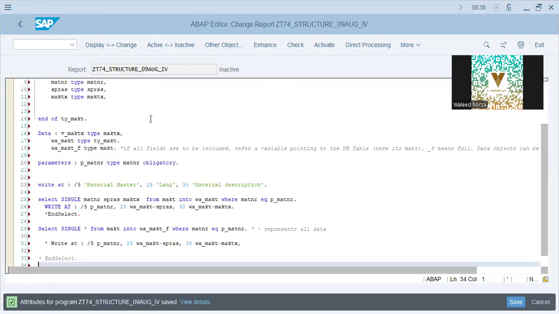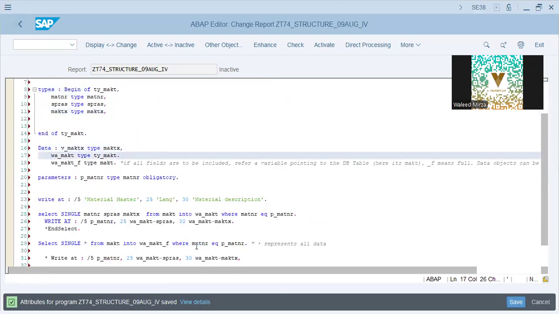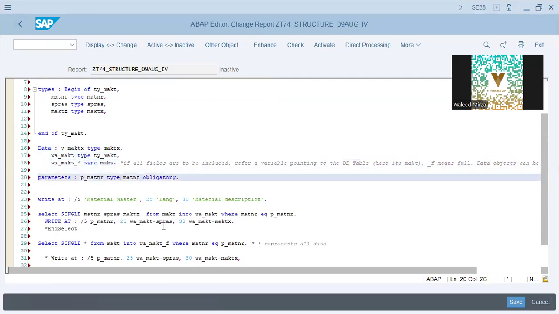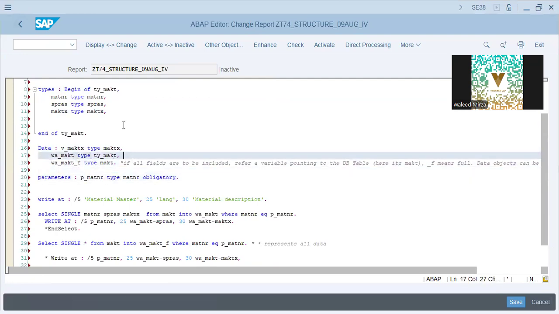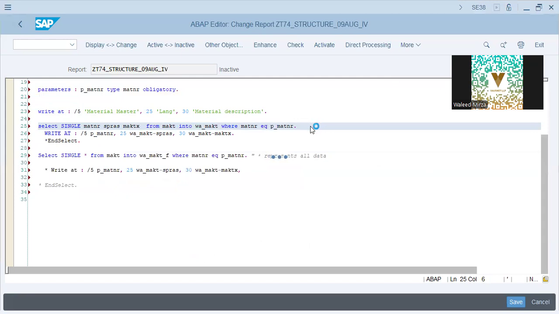Okay. Next is MAKT. Parameters, material master language description. Select single record from MATNR, SPRAS MAKTX from MAKT into WMAKT, where MATNR is equal to PMATNR. Right at PMATNR, SPRAS MAKTX, and we'll just